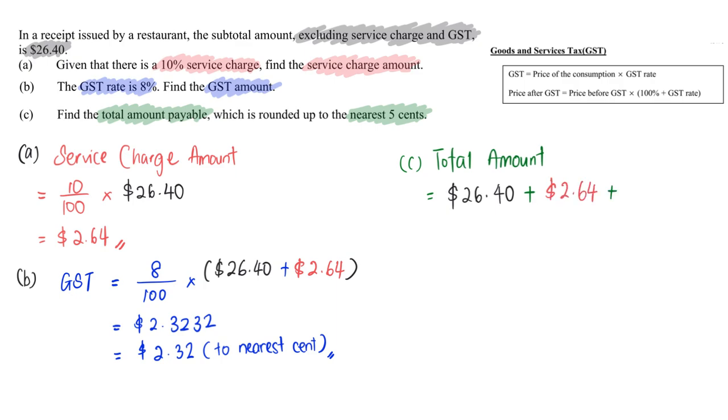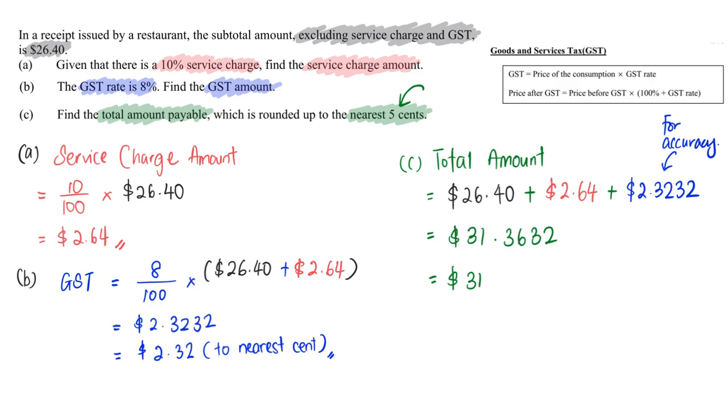And do notice that because this is part of the working, Mr. Tan don't use $2.32, rather $2.3232. Okay, this is important for accuracy. And this will sum up to $31.3632. Final answer to the nearest 5 cents